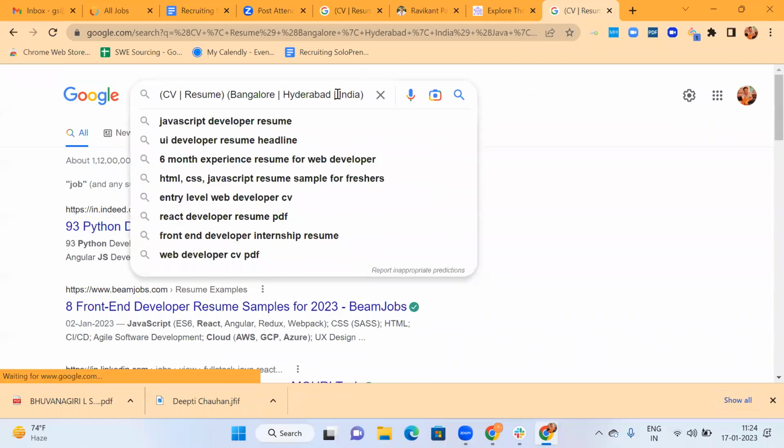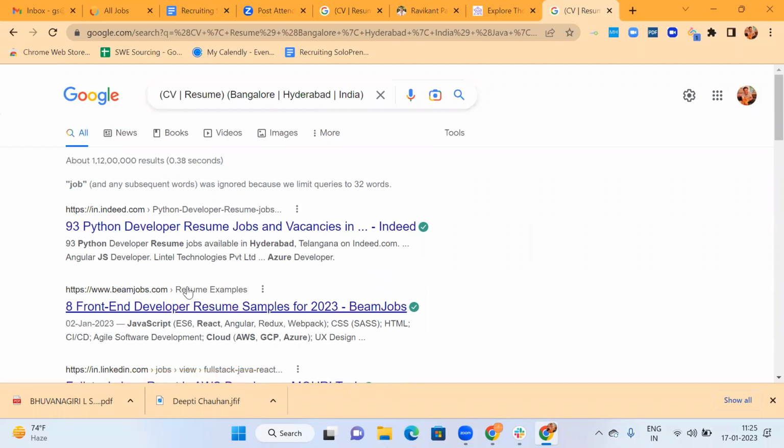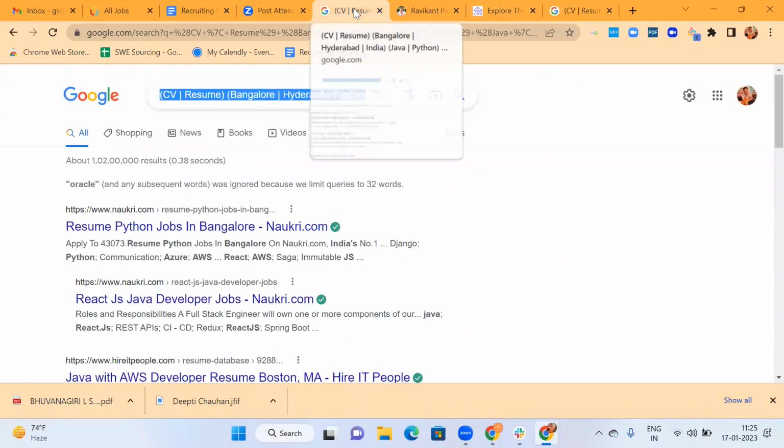So beam job. Now I believe it's again going beyond 32 keywords. So let's further reduce.